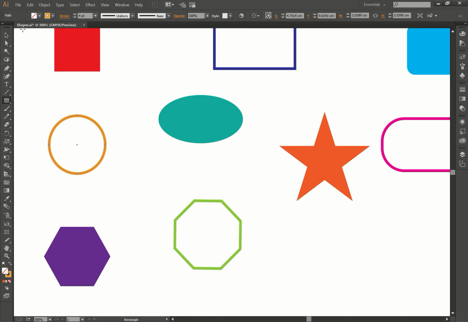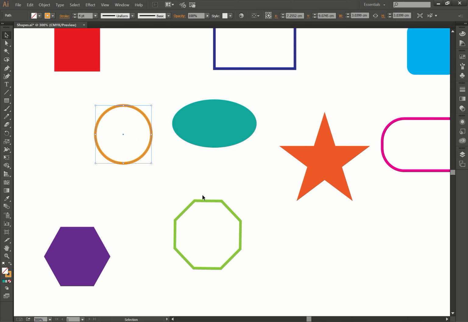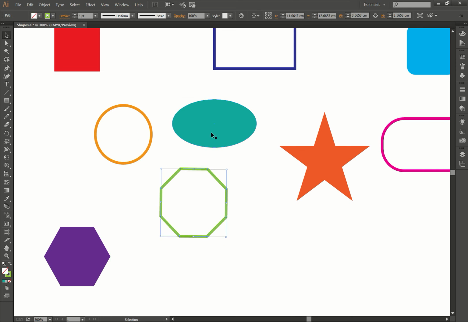And so what happens is when we have the selection tool, we can move a whole shape, but we don't often want to move the whole shape. Sometimes we want to move part of the shape. So the next tool down is direct selection, which you can bring up with A on your keyboard, and I can select an anchor. Notice it's filled in and the other ones are hollow, and I can